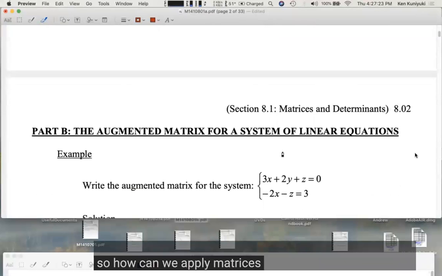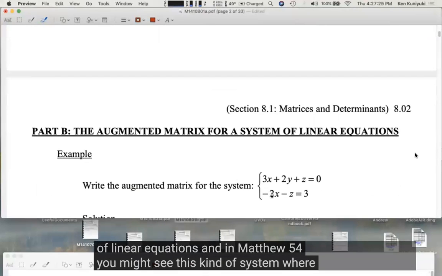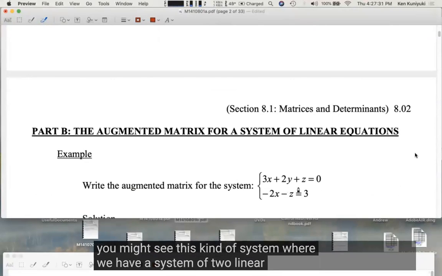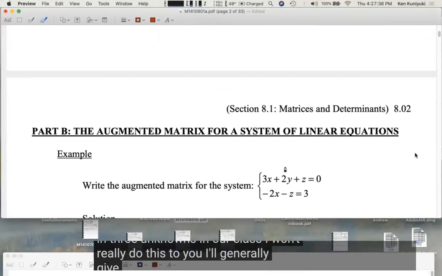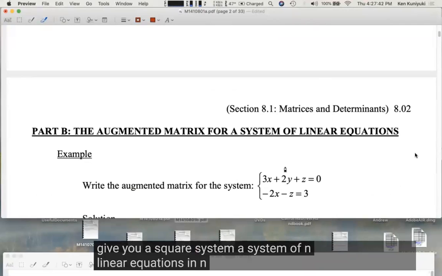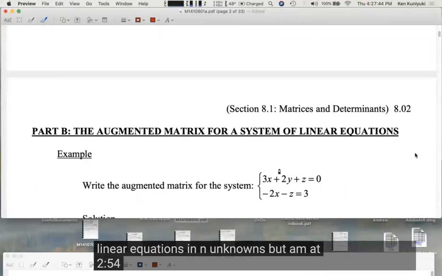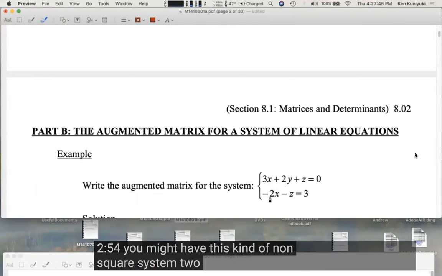So how can we apply matrices to a system of linear equations? And in Math 254, you might see this kind of system, where we have a system of 2 linear equations in 3 unknowns. In our class, I won't really do this to you. I'll generally give you a square system, a system of n linear equations in n unknowns. But in Math 254, you might have this kind of non-square system, 2 linear equations in 3 unknowns, say, x,